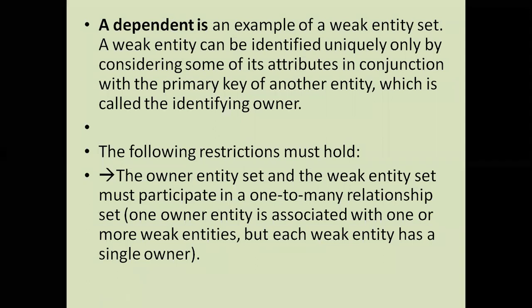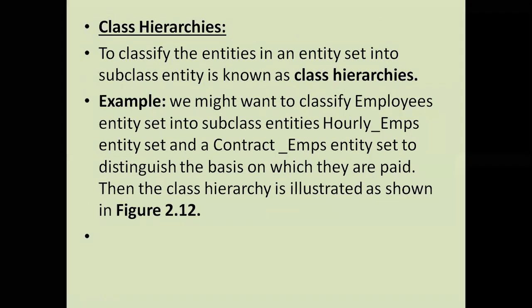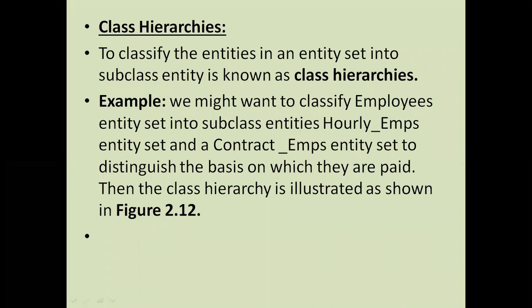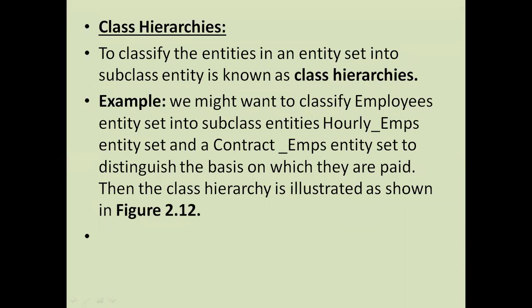Okay, so next one is class hierarchies. In the last class, we discussed all these topics. What have we discussed up to now? The first one is key constraint. How do we represent the key constraint? In the ellipse, we represent it with an underline. Second one, relationship instance. That is used to maintain the information about the entities in the relationship set. So that is nothing but relationship instance.